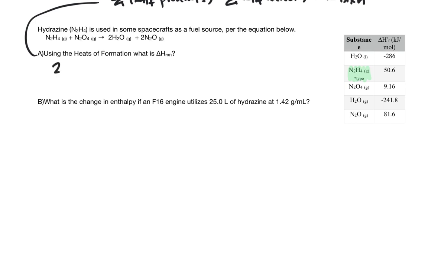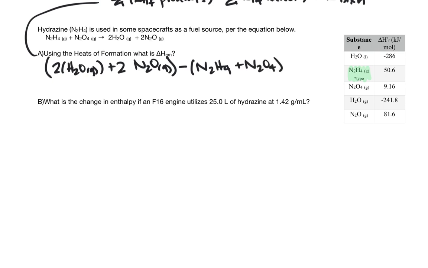We know that it's going to be 2 H2O gas plus 2 N2O gas minus N2H4 plus N2O4. And then you just read the values out of your table. So we have 2 times H2O as a gas, which is this one. You can see that the liquid is presented to you. So that's negative 241.8 plus 2 times N2O gas, which is